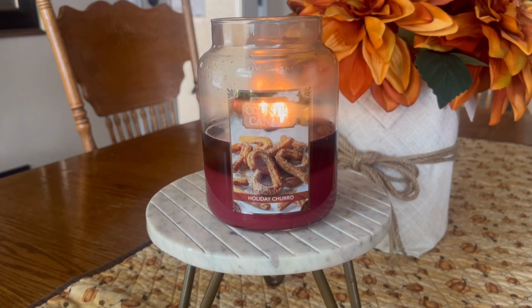However, I have already gotten to the halfway point of burning this candle, which should tell you how much I'm actually enjoying the fragrance. But it's been a little bit of a journey for me in terms of the fragrance notes that I'm picking up with each burn. And so I thought it would be a good time to go ahead and talk about this candle because